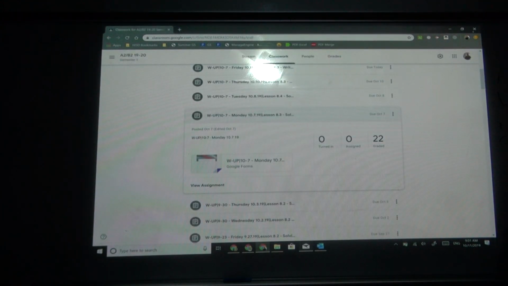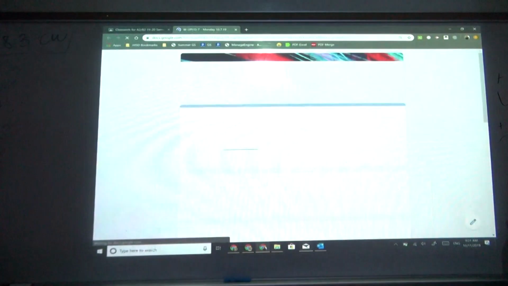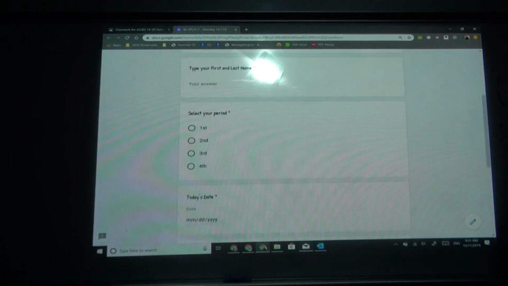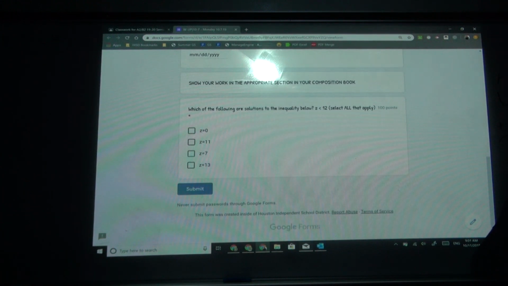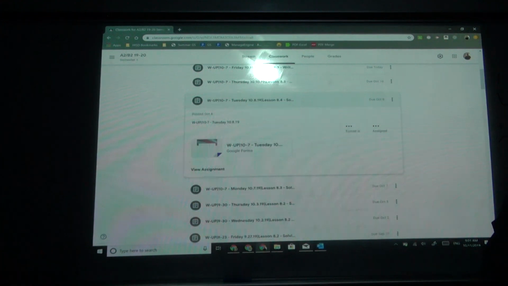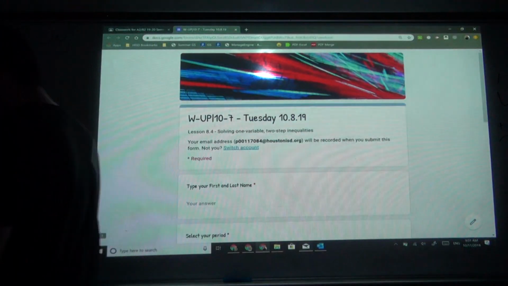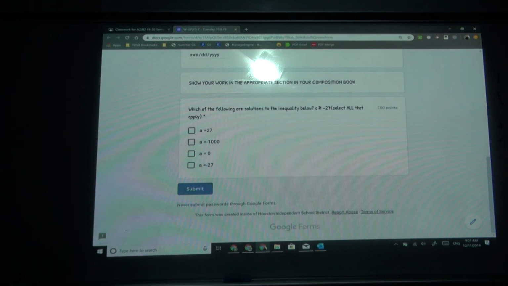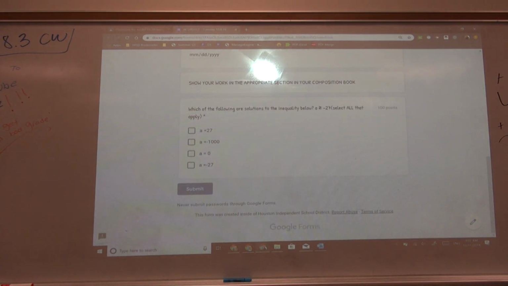Now we're going to do Tuesday. For Tuesday, it also says Monday. This is the same one. Let's do Tuesday. For Tuesday, we have a different one. This is the warm-up for Tuesday. It says, which of the following are solutions to the inequality below? And the inequality says